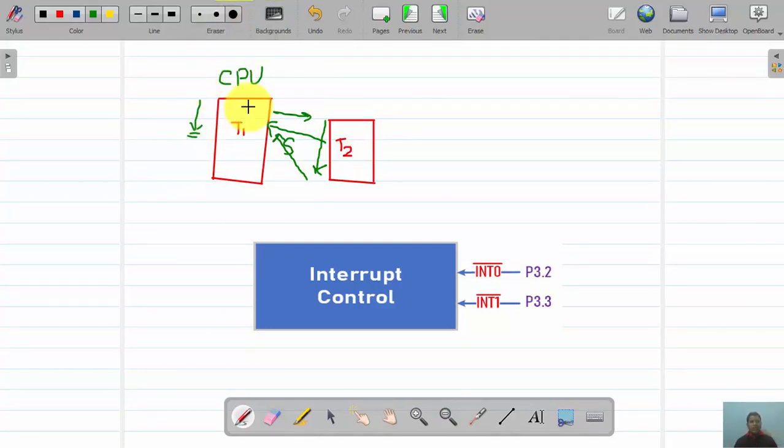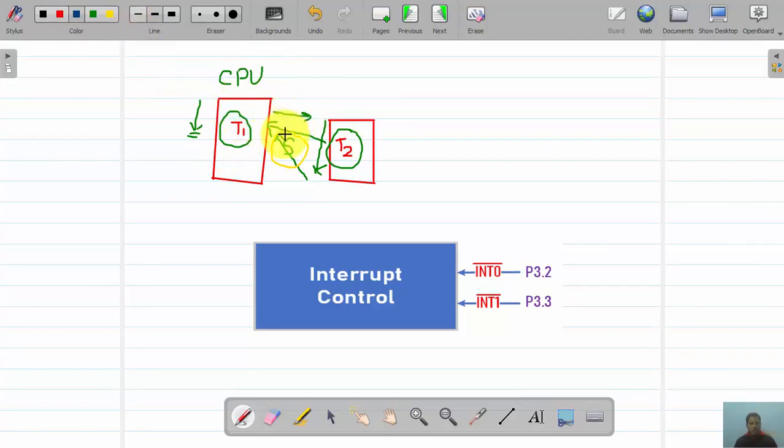To recall: the CPU is executing task 1, meanwhile task 2 wants some service from the CPU, so it generates a signal. This signal is read by the CPU, which stops its execution, jumps towards task T2, completes it, and comes back to task T1 for execution.